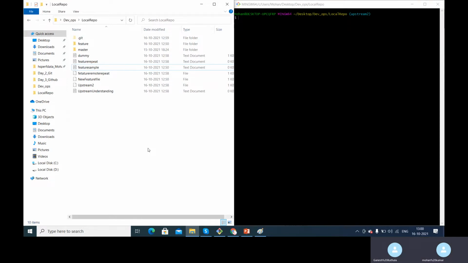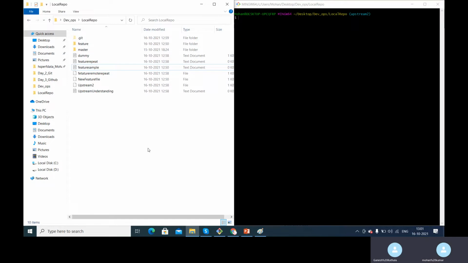So we saw that, right? The first thing we have to do, when you want to connect a local repository to the remote repository, is use git remote add origin. Once that is done, it establishes a connection between your local repository and the remote repository. Then it all depends on which branch you want to push. Without adding that origin, you can't just mention the URL and push like that.